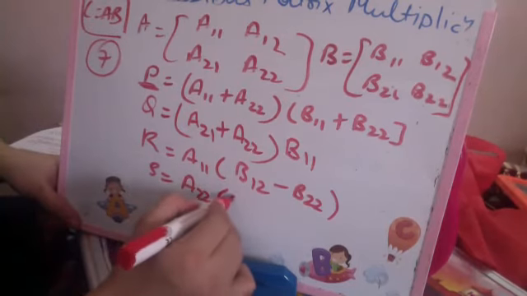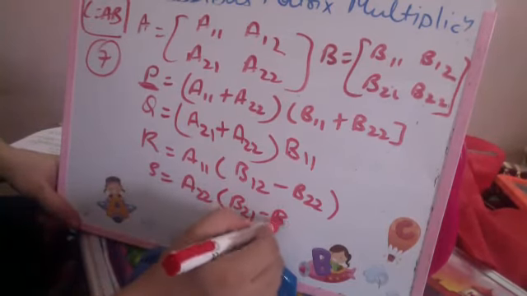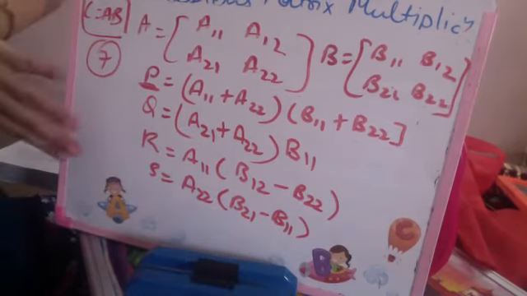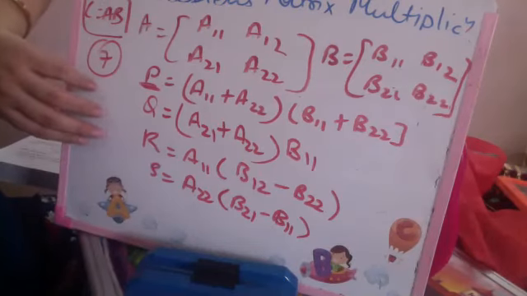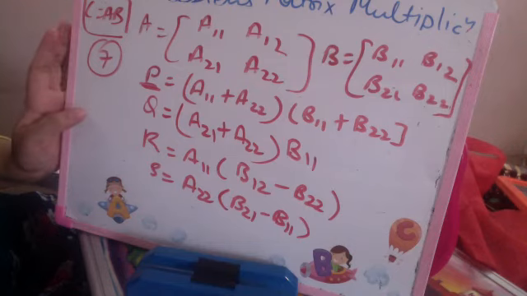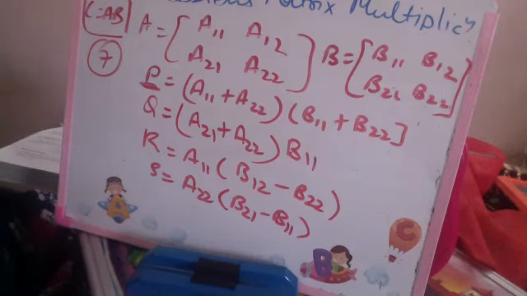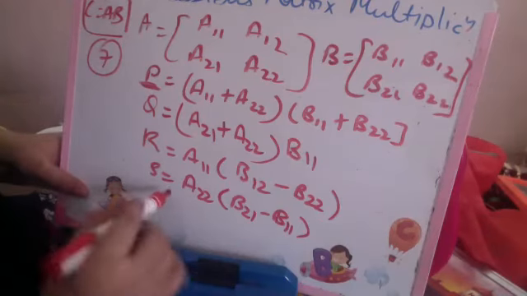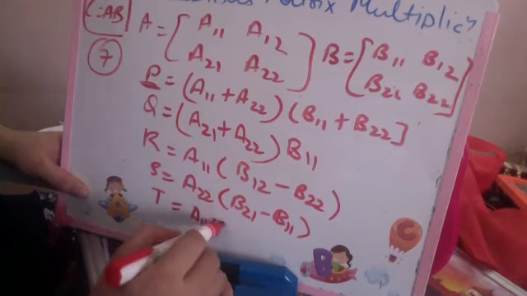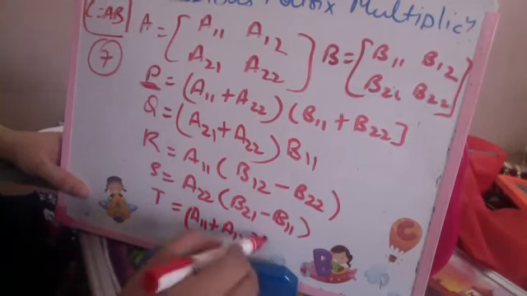What I am trying to do over here is, by this method I can reduce the complexity. Imagine when the mathematician came up with this solution of the algorithm, he only did hit and trial with so many methods, so that by some method we are able to reduce the number of multiplications just by 1. Still the method is very good if we have huge matrices. In that case we use this extensively. T is equal to A11 plus A12 into B22.